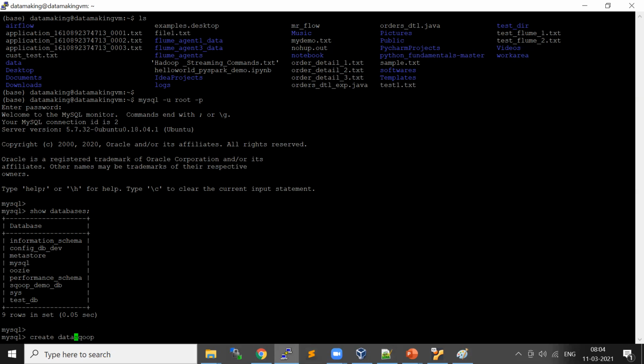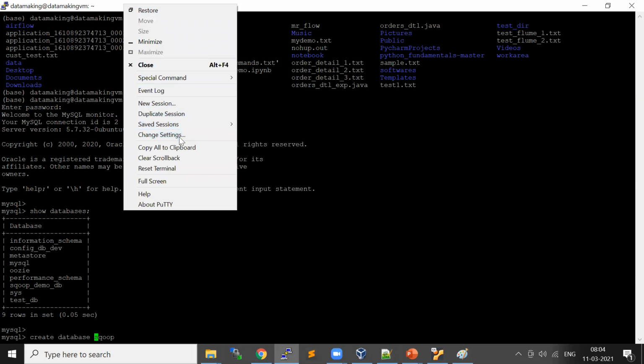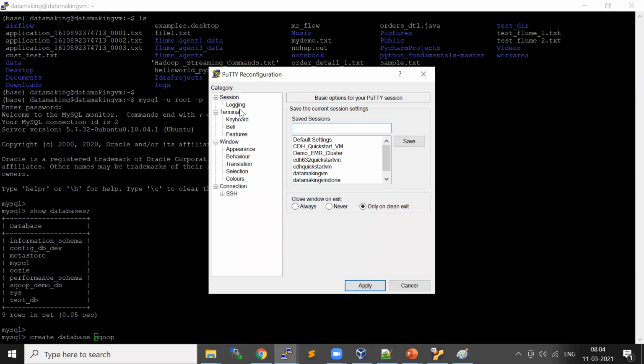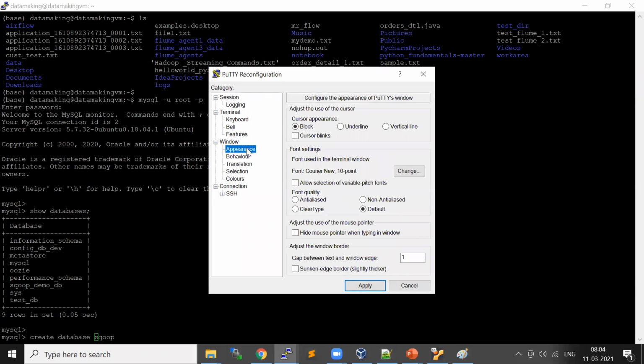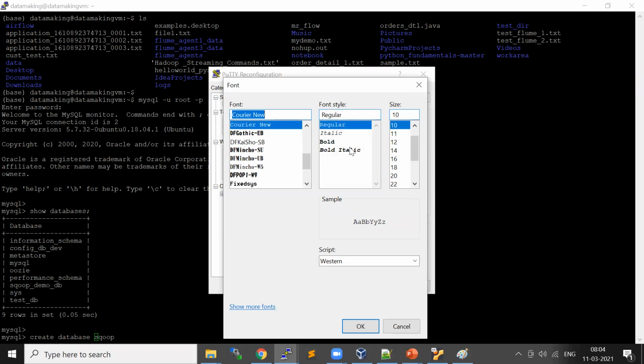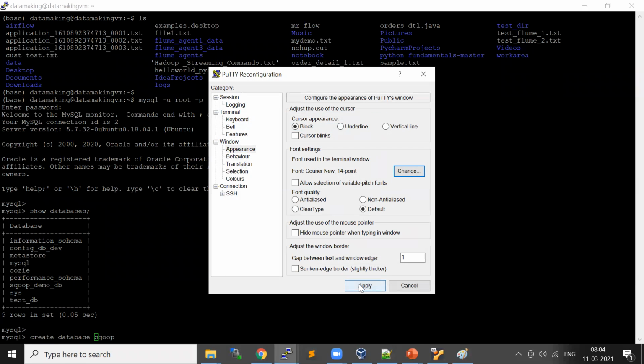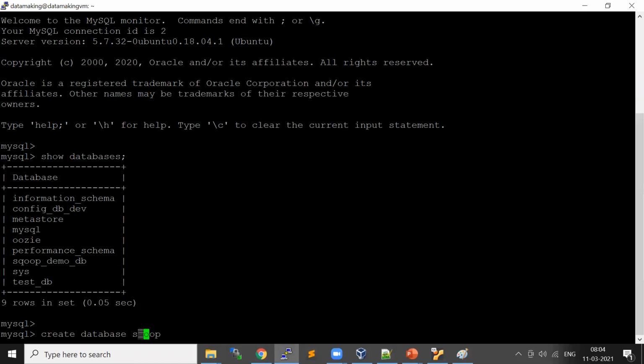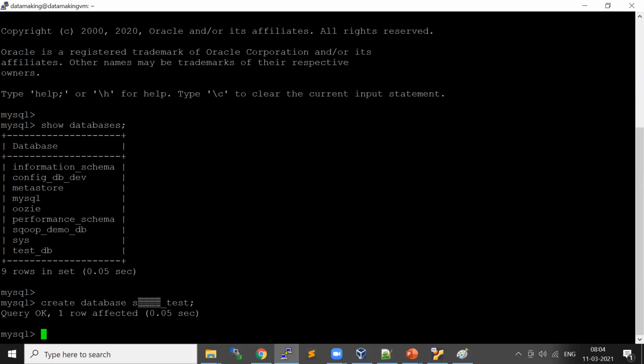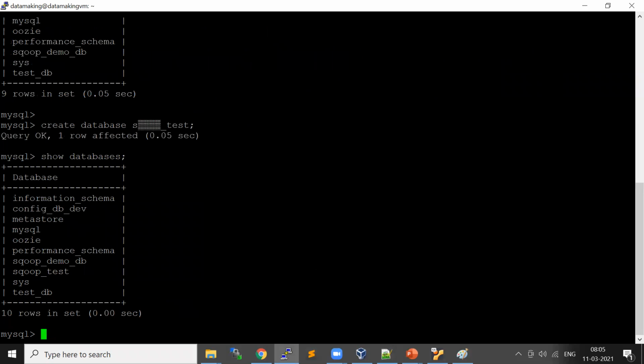Create database. So I will use this sqooptest.